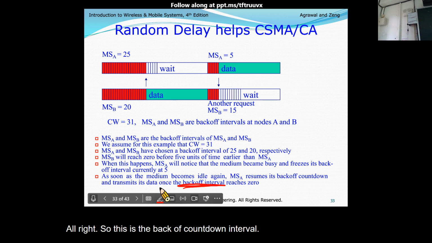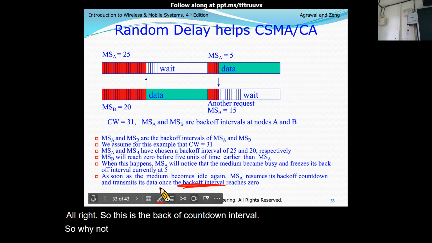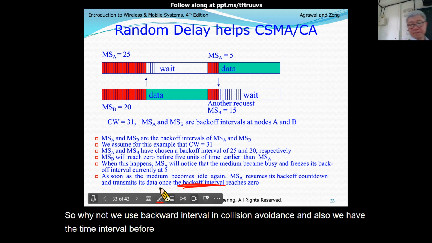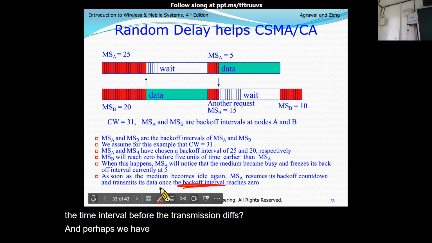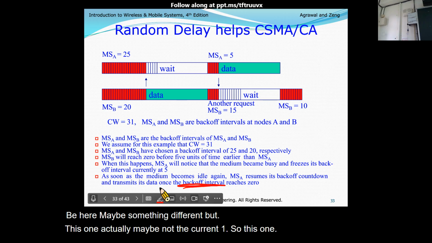So right now, we use the backup interval in collision avoidance. And also, we have the time interval before the transmission, DIFS. Okay, right now, B. Here it is 20.